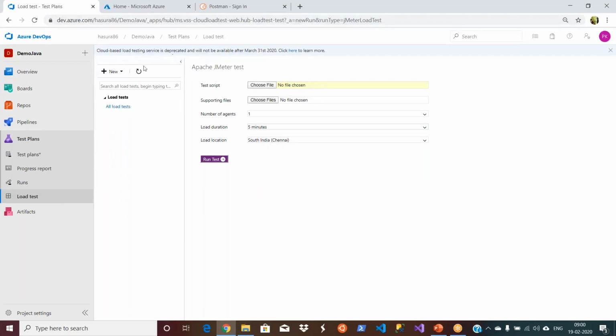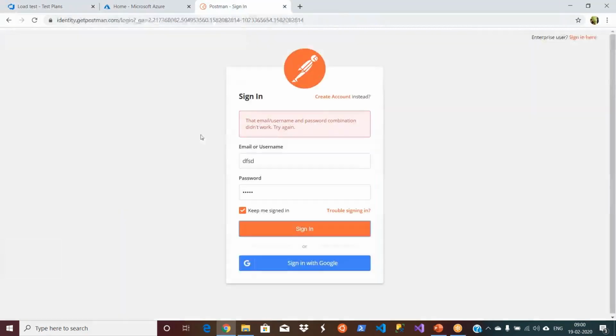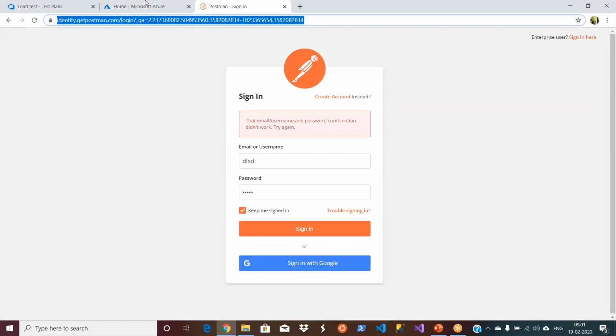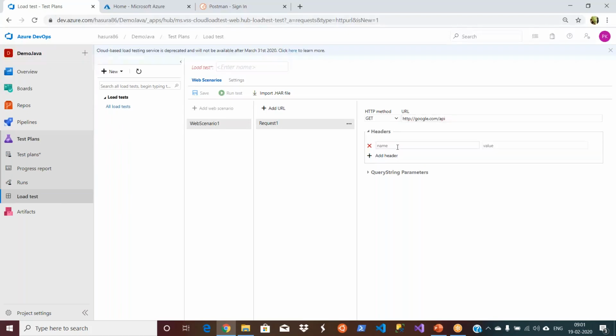Okay, and likewise, you can do URL based tests. That means, as I showed, people do some kind of testing right from the browser itself. If you are a test engineer doing some API testing, you can simply give the URL and some API, and to execute that URL, you need to give some headers, etc. This is known to the testers, and it will be explained by the developers to the testers.